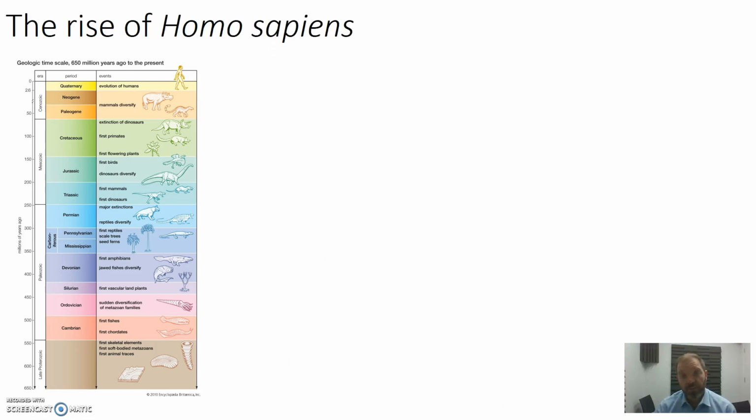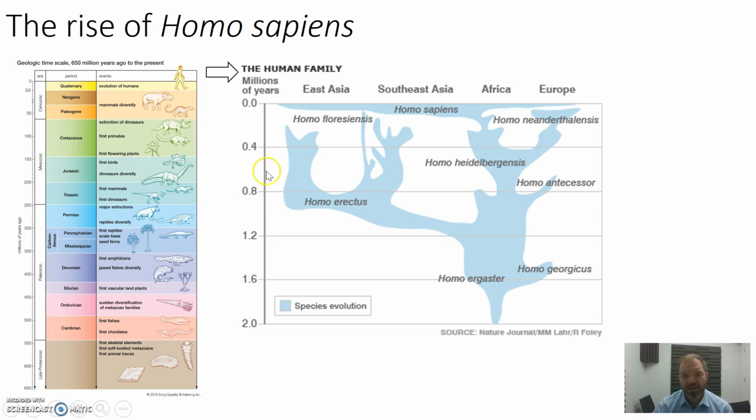Coming up to more modern times, just at the end of things here, we have the appearance of humans. Perhaps around 2 million years ago was the first appearance of humans, and we have a number of different extinct human species here. It's important to note that at certain times in history, perhaps about 600,000 years ago, there were as many as 4 or 5 different human species coexisting on the planet at the same time. Quite extraordinary to think about, 5 different species of humans and how they might have interacted.